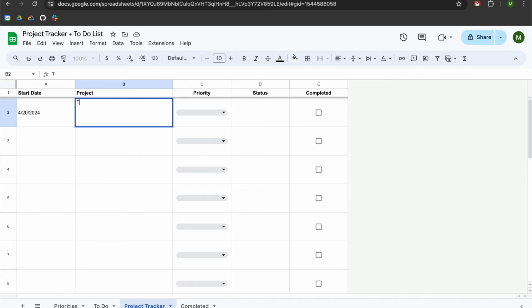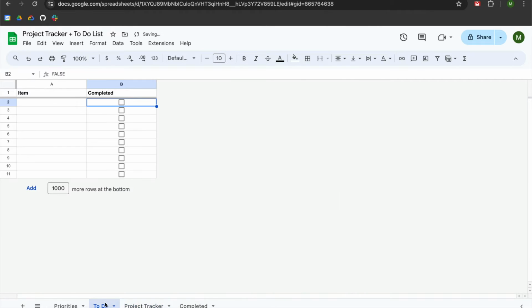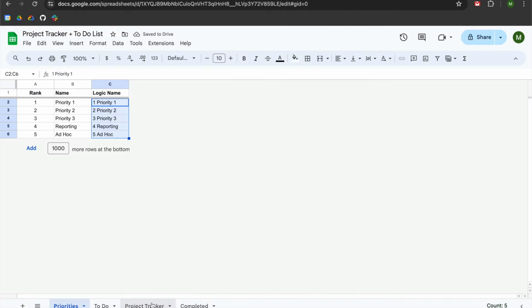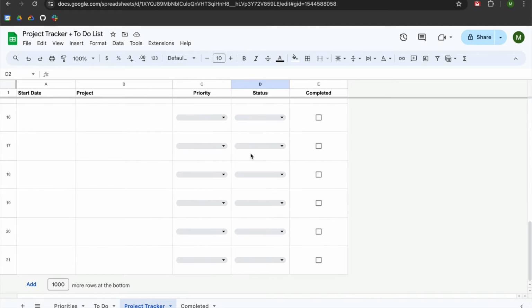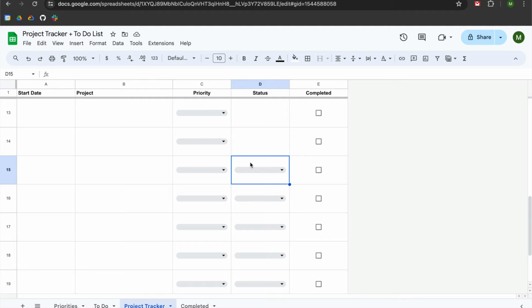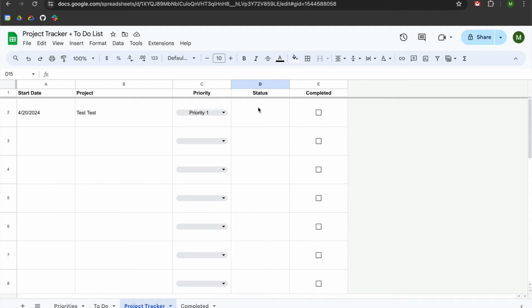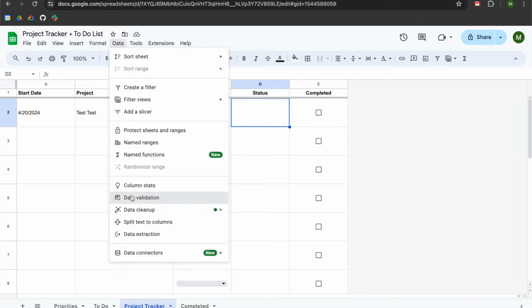Before we do that, I'm going to add in a project name. So I'm going to call this test, and I'm going to add in our priority. And oh, I actually just noticed that we don't have our status entered in up top here. My apologies for that. So I'm going to backtrack a little bit, and we're going to go up to data,